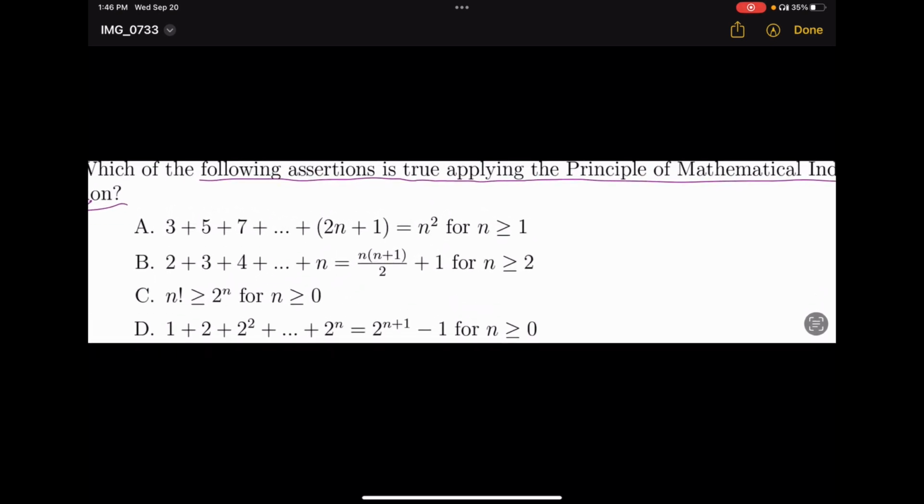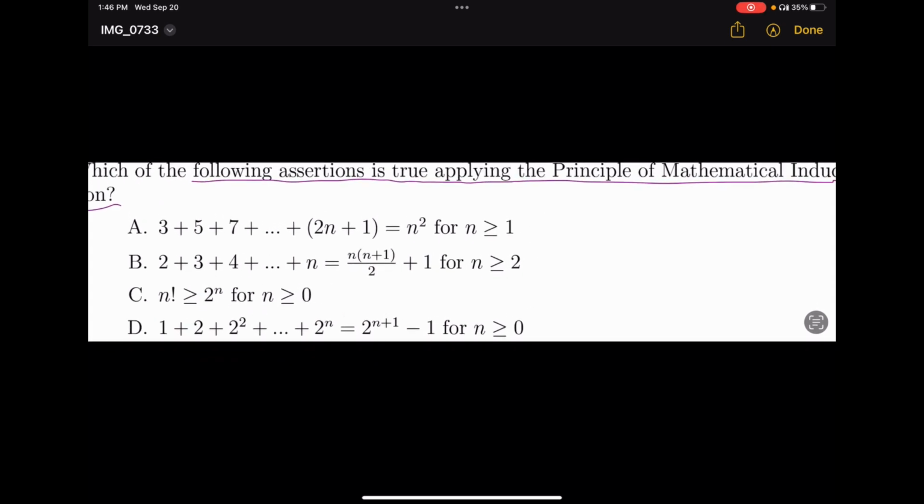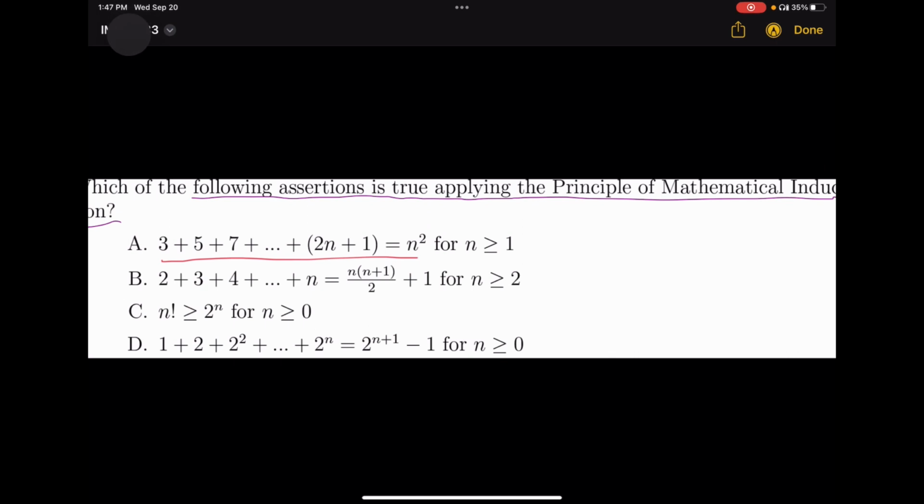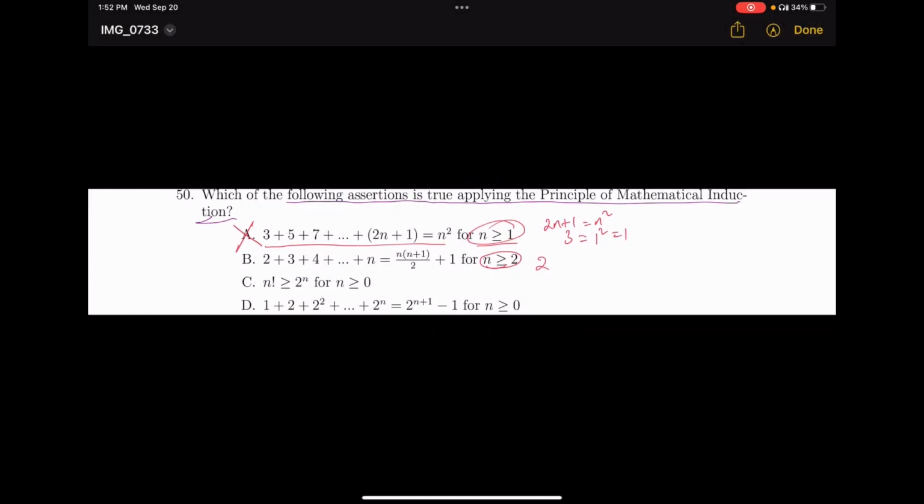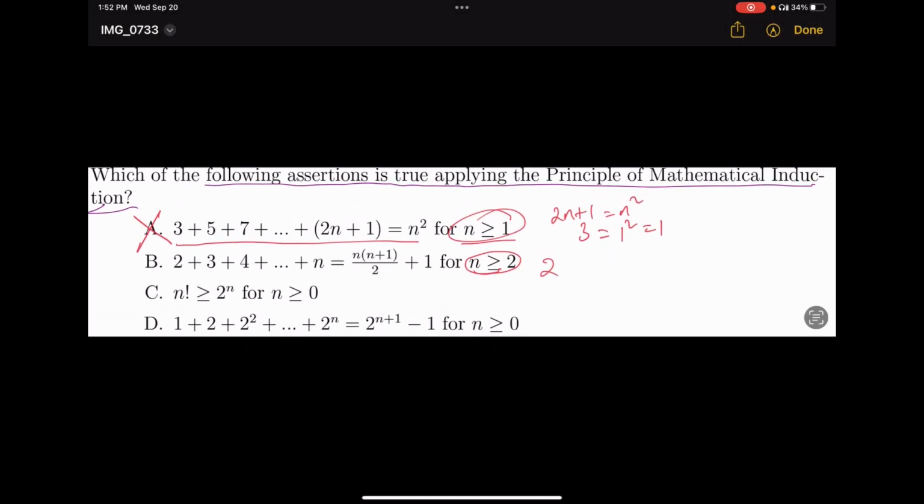Okay, 3 which of the following is true apply. Okay, is this true for n greater than or equals to 1? Well, እስቲ n አንድ እናስገባ። n አንድ ስናስገባ ስንት ነው የሚሆነው? We get 2n plus 1. Okay, is equals to n squared. n አንድ ብቻ ነው የሚሆነው n greater than or equals to 1 ስለሆነ let's write for the smallest case, or for the smallest n, which would be 1. So 2 plus 1 would be 3, and here it will be 1 squared, it will be 1. ከዛ 3 equals to 1 ስለሆነ a መልስ አይሆንም ማለት ነው።